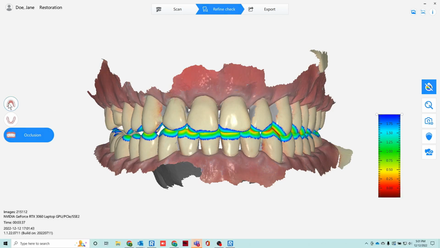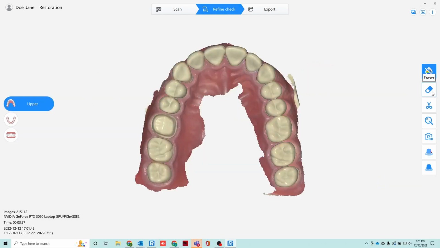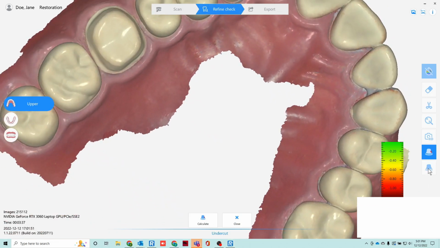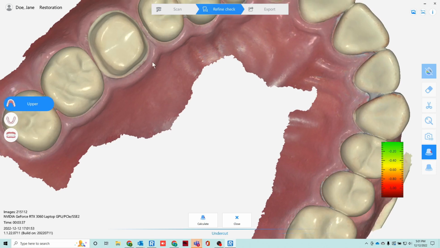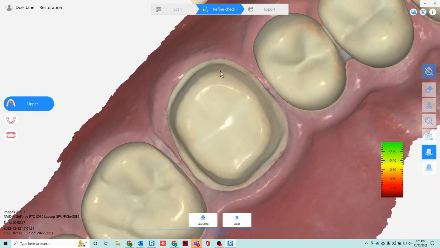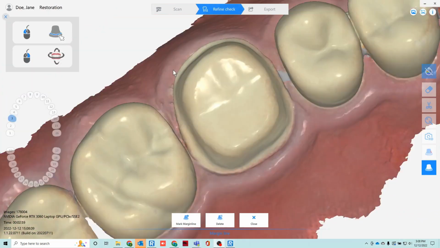So the next thing I want to show you is that on this stage, on the Refine Check stage, when you go back to the upper arch, since we have selected tooth number 3 as the prep tooth, you would be able to mark the margins. So click on upper, and then on the right side of the screen, the very last button says margins. So click that button, make sure it's activated, it's colored blue, and then below it, you would see an option that says mark margin line. So click that. Once you click that,